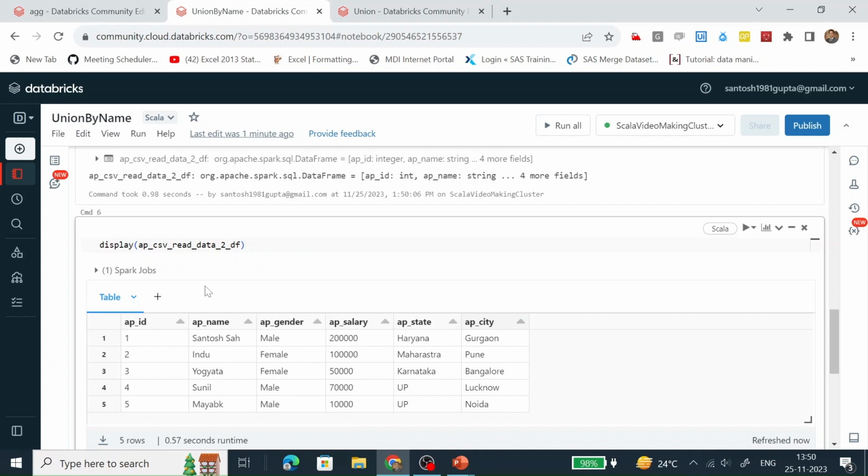We can see the schemas of both data frames are the same.